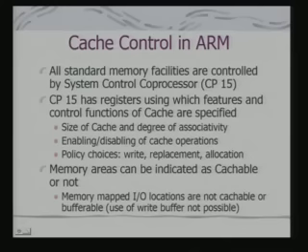This would depend on how the cache is actually getting implemented. You can enable or disable cache operations. You can also execute policy choices like write, replacement and allocation. There are also other kinds of control functions like flushing of cache, which can be initiated by an instruction onto the cache coprocessor. Okay. That is your system control coprocessor.